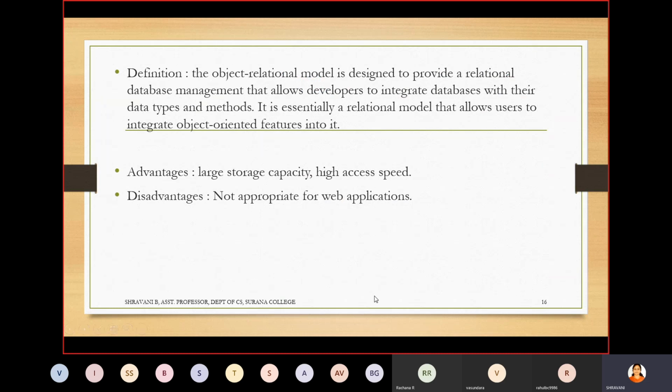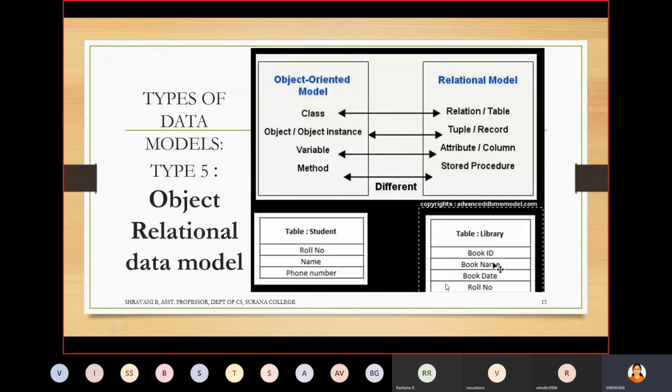This is to provide a relational database model which allows developers to integrate the database with their types and methods. What happens here is I am relating the student table with the library table with one connection, which is a unique identity key, that is the primary key, and here it is called the reference key. That is how it is related.